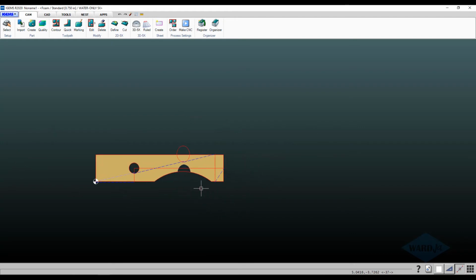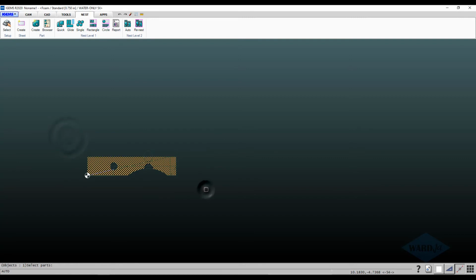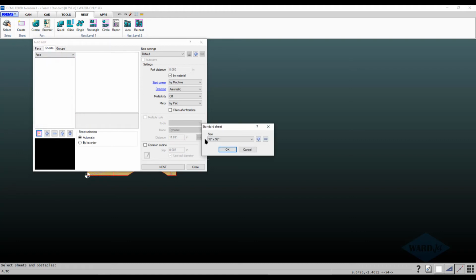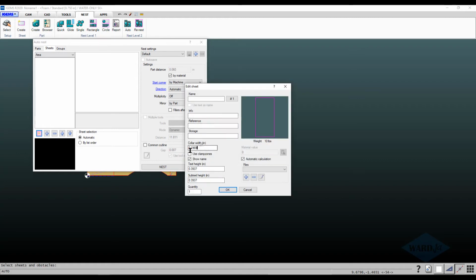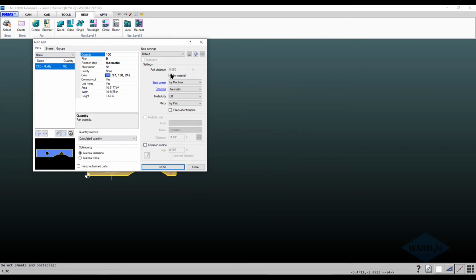So if you're going to nest this onto a sheet of material, one little thing that's different here is we'll go onto our nesting tab and we'll click on auto and we'll select our part that we want to nest, select sheets and obstacles. I don't have any sheets on my screen right now, so I'll just hit enter, and we'll say that we'll nest 100 of these, and I'll go onto my sheets tab and I'll put these onto a 48 by 96 sheet. Doesn't really matter for right now, but we got our collar width on our sheet. We'll give ourselves 1/2 inch collar, one sheet of that to nest onto, and we got our gap